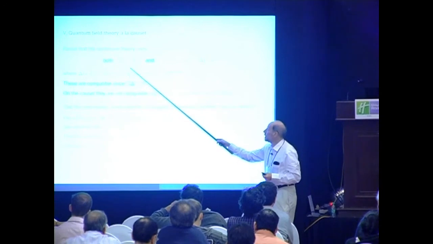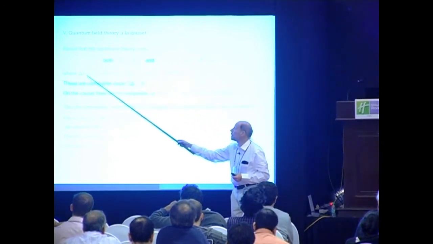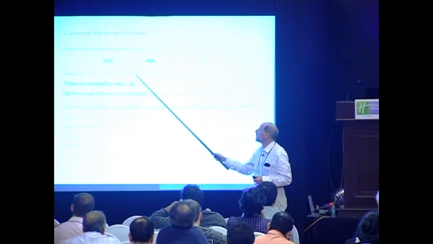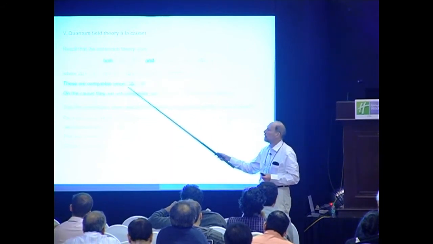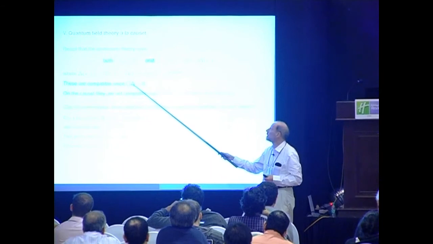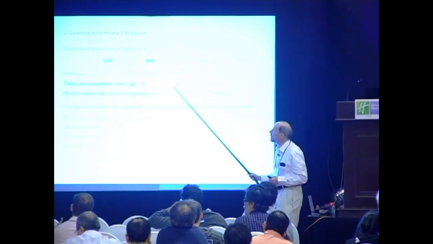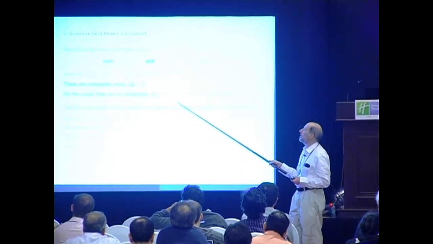And fortunately, these two inputs are consistent because the commutator function, this delta xy, turns out to be related to the retarded and advanced Green's function in such a way that when you apply the wave operator to it, you identically get 0, and that's necessary for consistency if you look at this equation. The sad news for the causal set is that we don't know how to do the same thing.